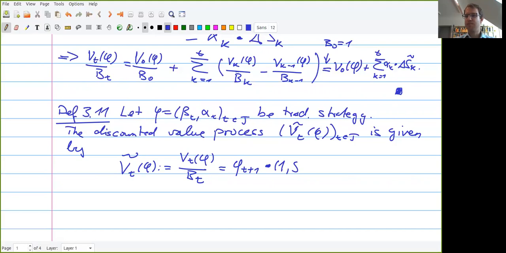If we discount the price process of the risk-free asset with the risk-free asset itself, we get just a 1, and then the discounted risky